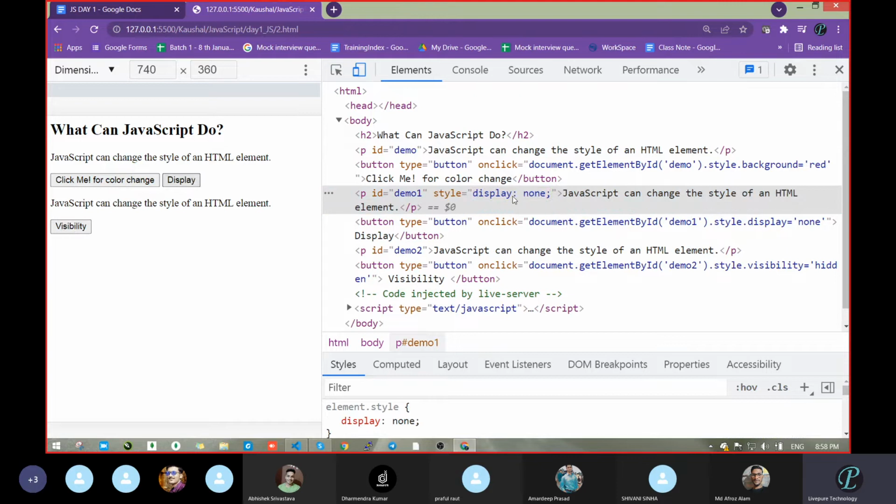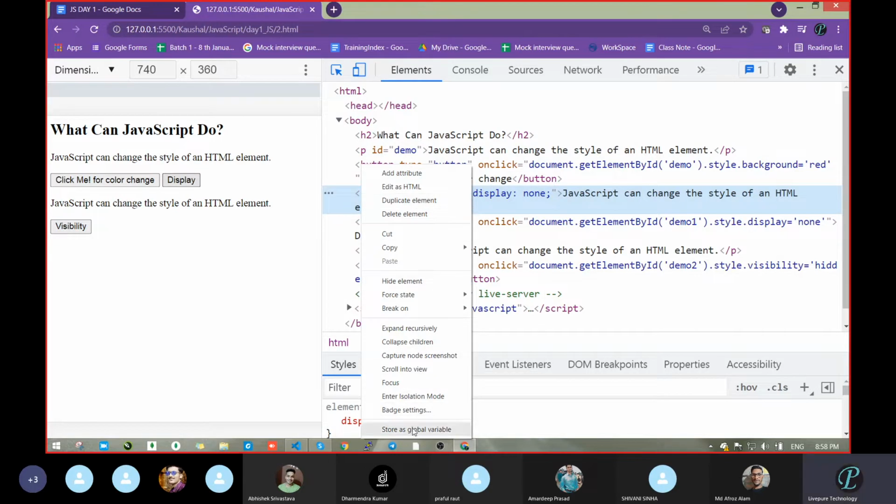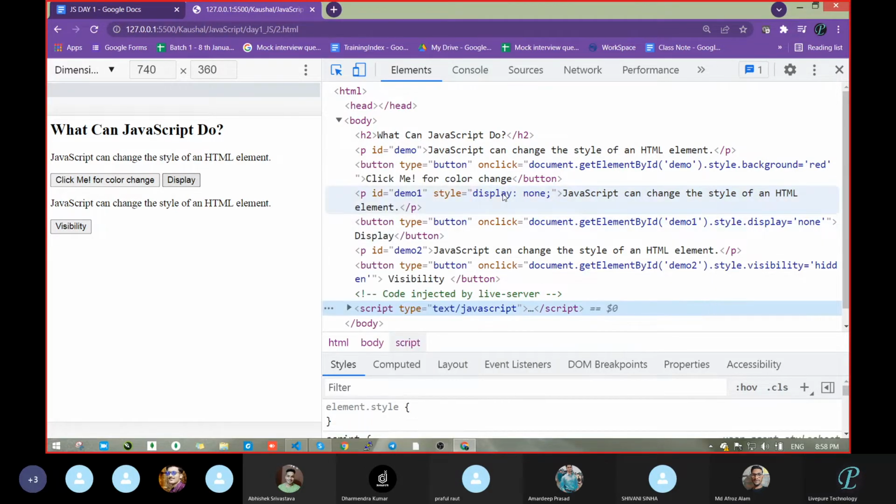So see, now we have done display none. Let me inspect. Here we have taken one paragraph, P demo 1, but now it's not pointing anywhere. But where is P demo 1? It's not there because display none. Now move to visibility.